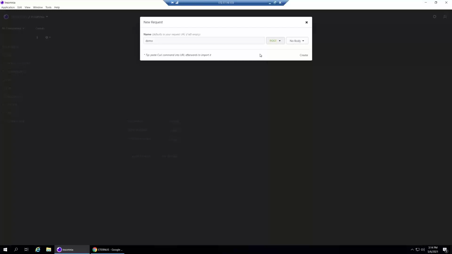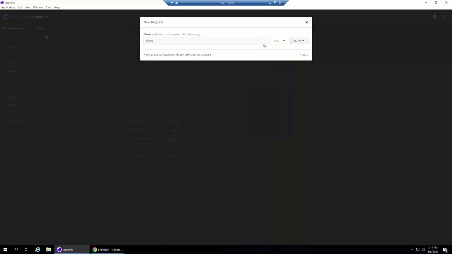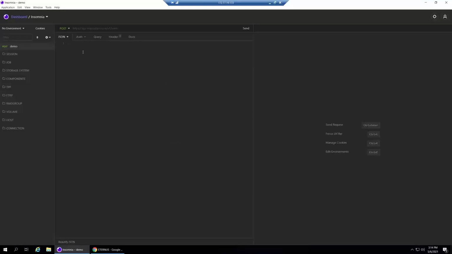But what we need to do is log in to the interface with a privileged user. In this case, I will be using root. And as mentioned on the architecture slide, we will be using JSON as our entry language or a scripting language, right? If we create that, we have the main window, which allows us to type in the JSON commands, which allows us to authenticate, but mainly we need to first locate our storage system.